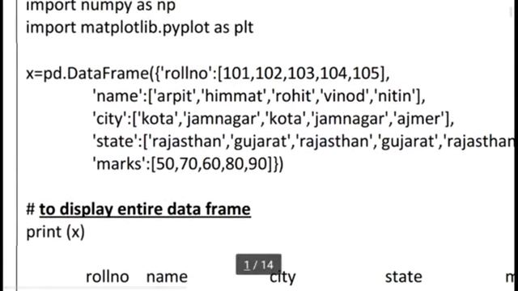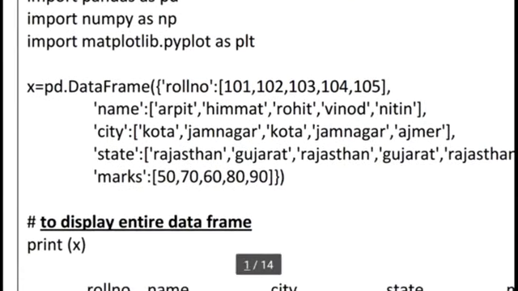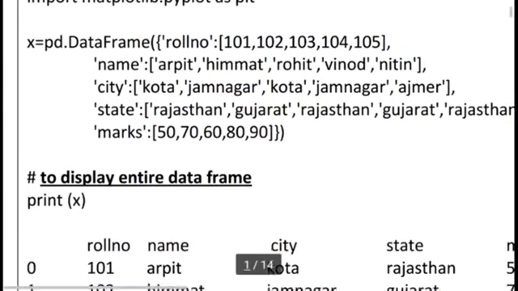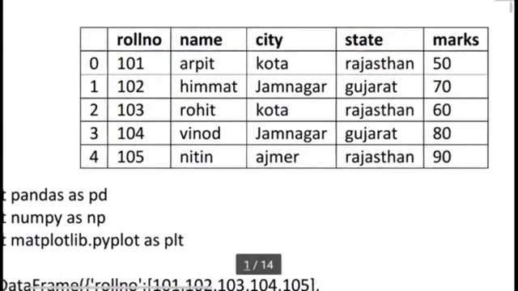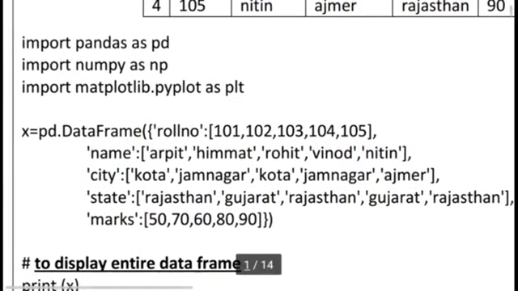So you can see here we can create our table column by column, meaning roll number, where we store all the roll numbers, then the name column, where we store all the values of that particular column. In this way we can store any type of table using the dictionary concept, and inside the dictionary we can use the list concept. So multiple concepts work together, and finally we can store this data in our x variable.